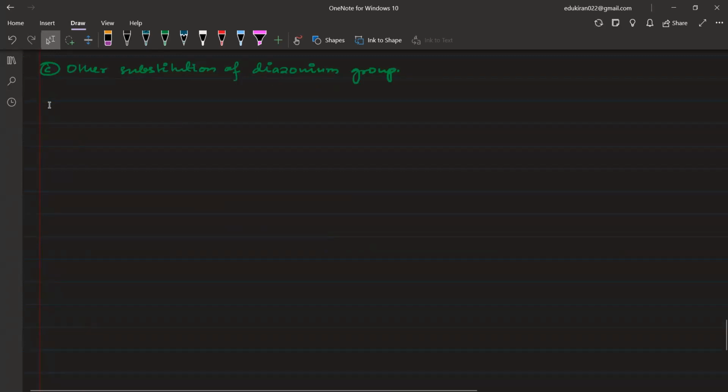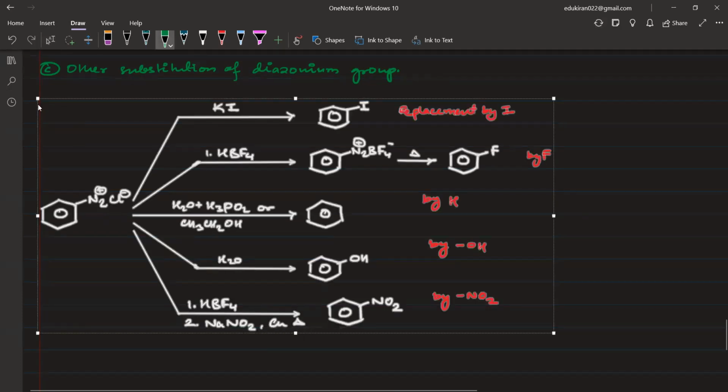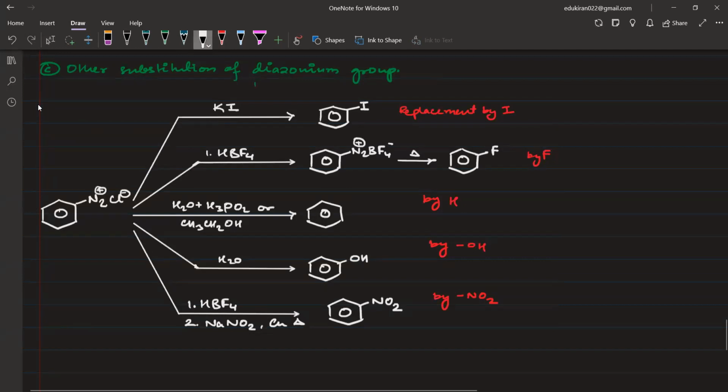Okay. Now you write these reactions on other substitutions. When I use KI, then diazonium is replaced by iodine. When you use HBF4, then it will be replaced by BF4 negative. Cl will be replaced by BF4 negative, and further heating gives you